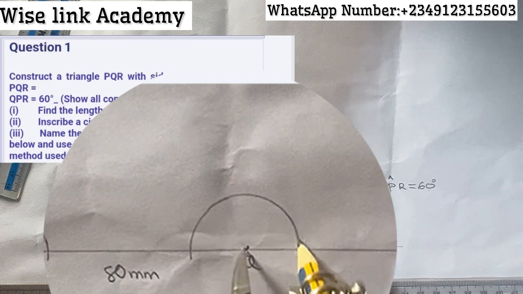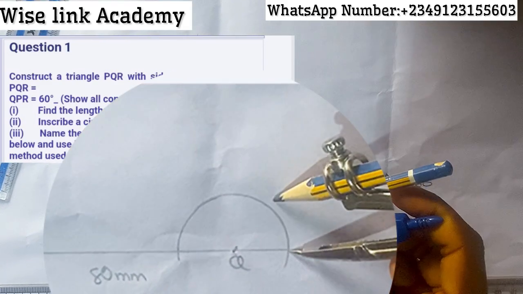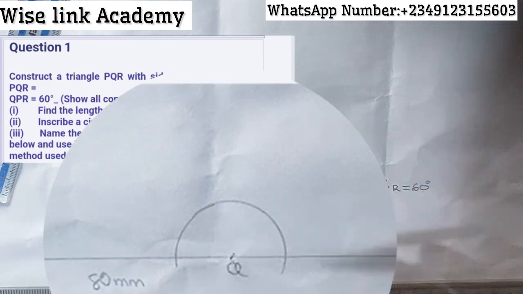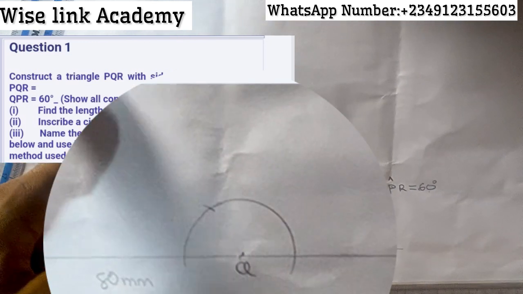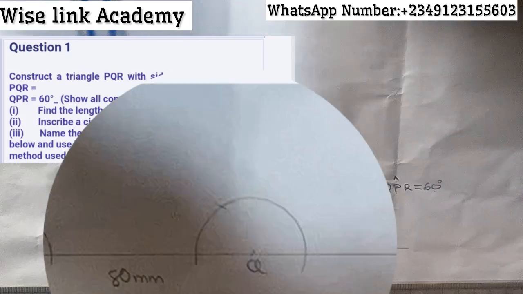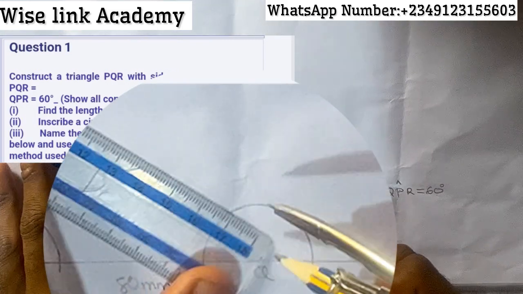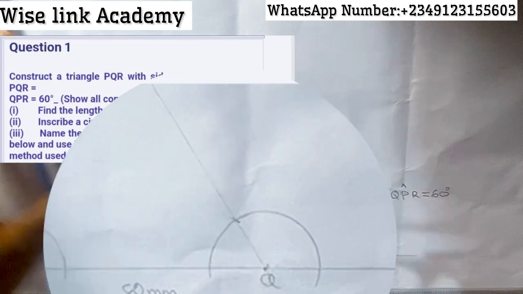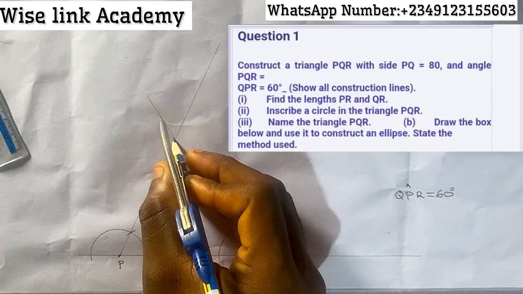Observe, semicircle this way. So I'll come as usual. I will not come here and do this way because I'm trying to get a triangle. If I do it this way, I'll just have a parallel line. So I have to come here and act this way so that the line will combine with this to form a triangle. So I'll take it this way and use my meter rule, combine point Q and that point straight up this way. See, they have met. So where they meet here is your point R,